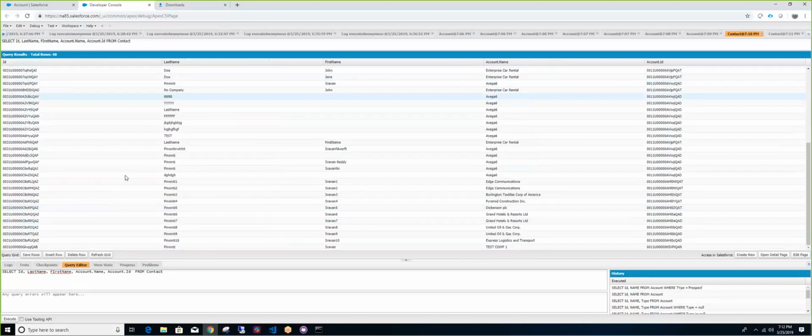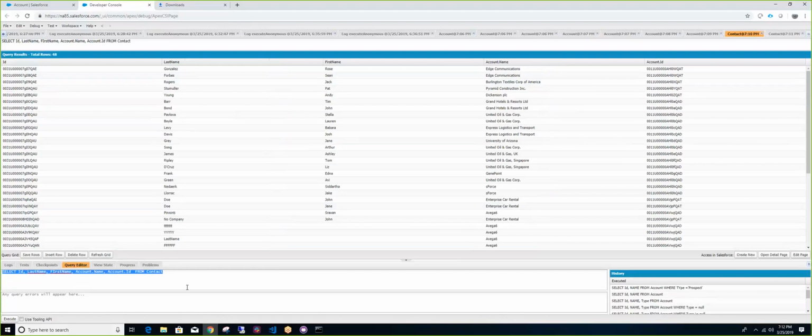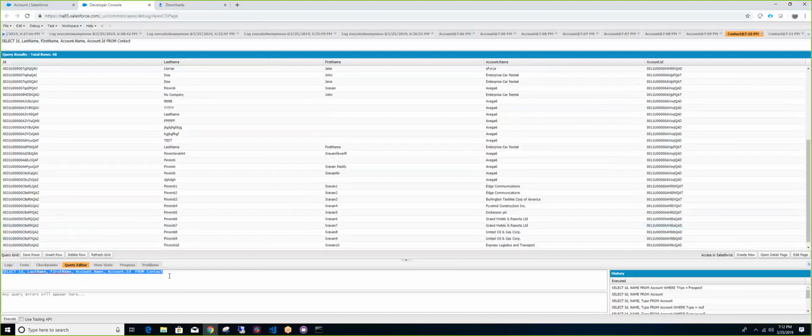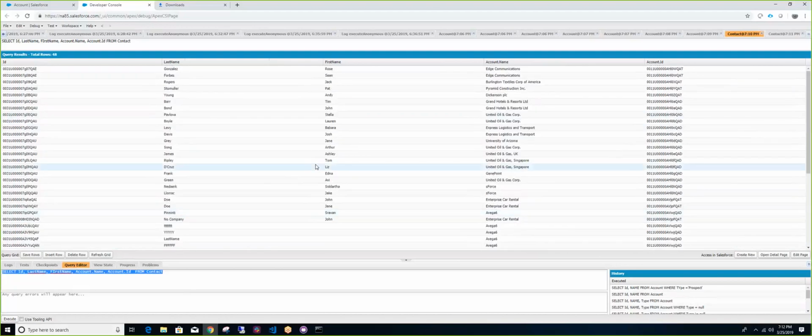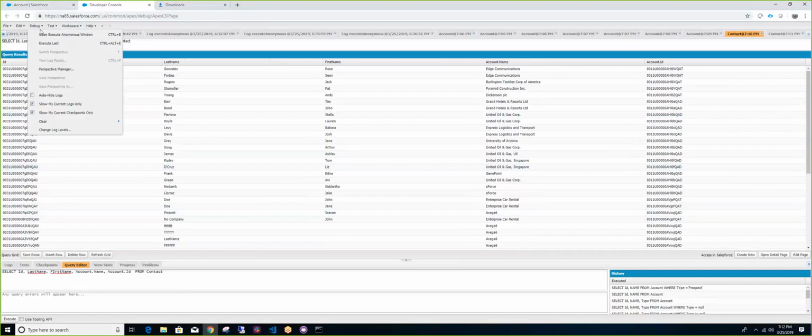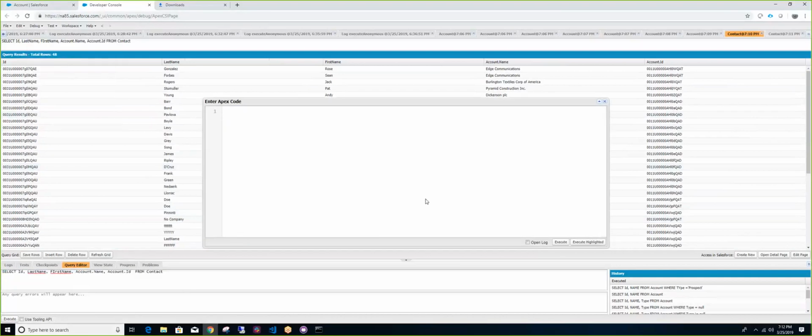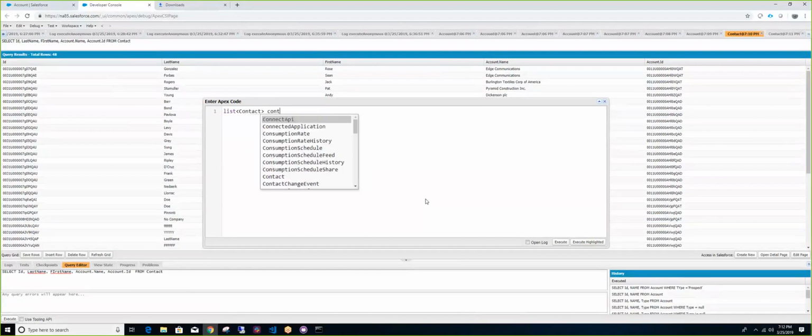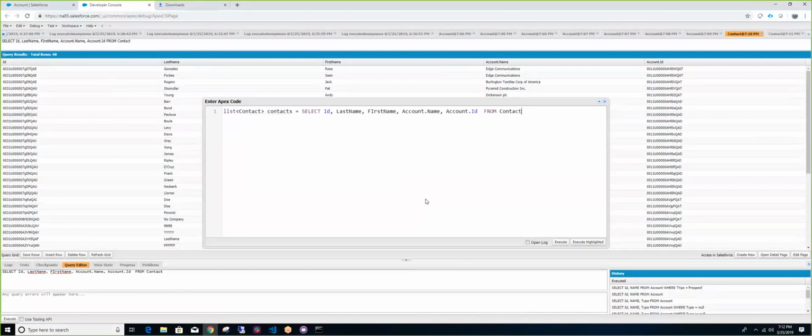Now, what kind of data type does an SOQL query return? Anytime you are issuing an SOQL query, it is returning a list of records. It always returns a list of contact. An SOQL query always returns a list of the sObject that we are querying. In code, if I just say list of contact, contacts, and then system.debug contacts,